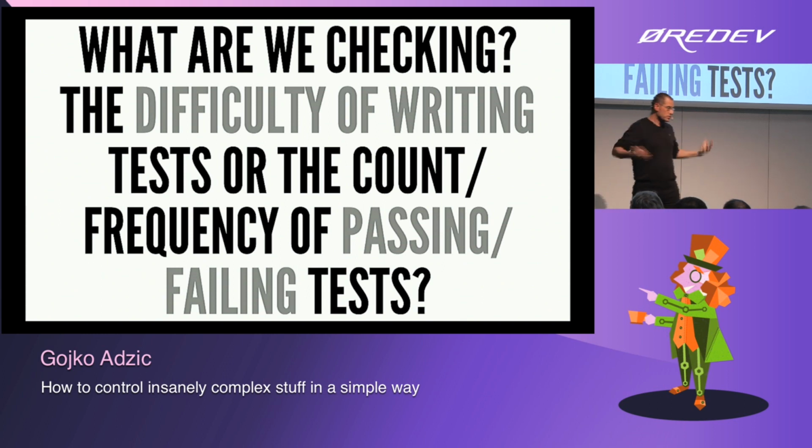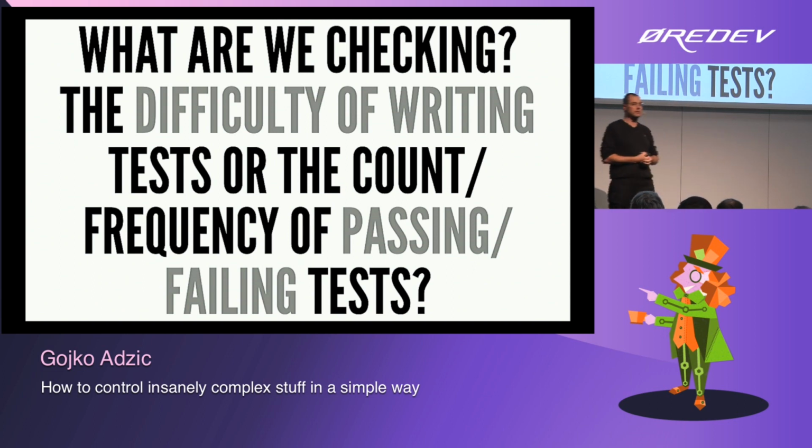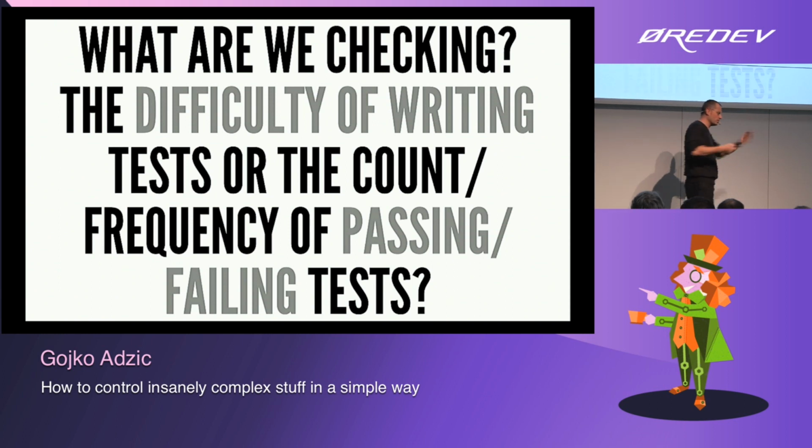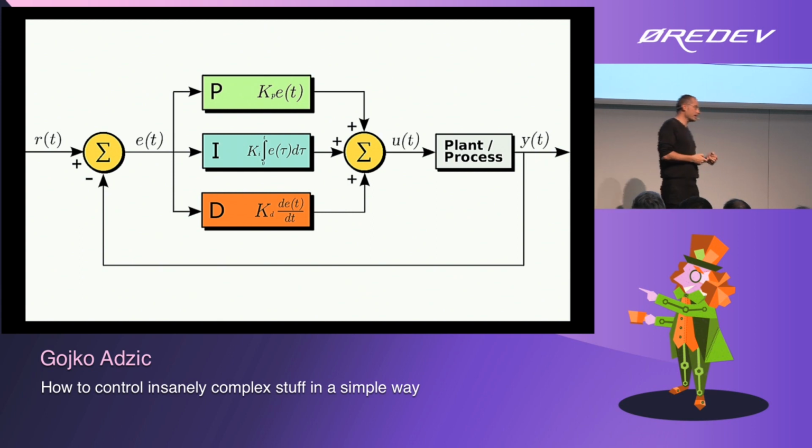Since the invention of electronic components, because lots of electronic components are self-regulating systems, a whole theory of control systems emerged and advanced. And there's really complicated stuff there. You look at diagrams like this, and there are formulas with Greek letters and different colors. But essentially, a feedback mechanism has 3 or 4 main components. And if you're designing a feedback mechanism, it's really useful to think through what those components would mean for you.